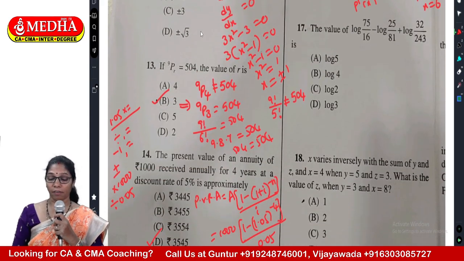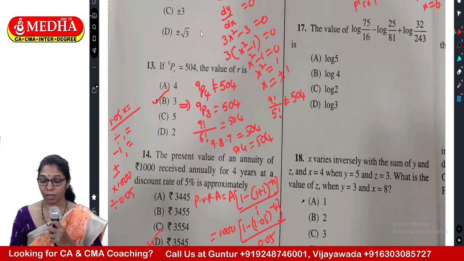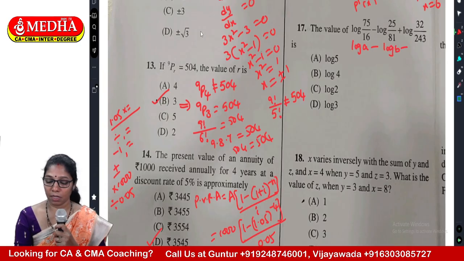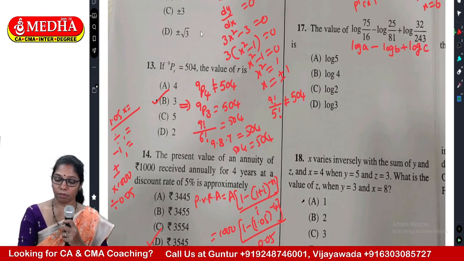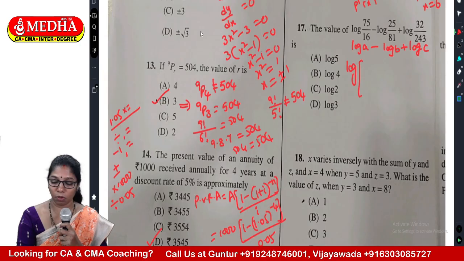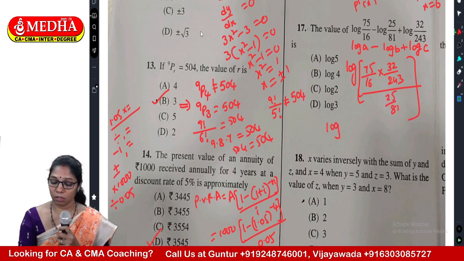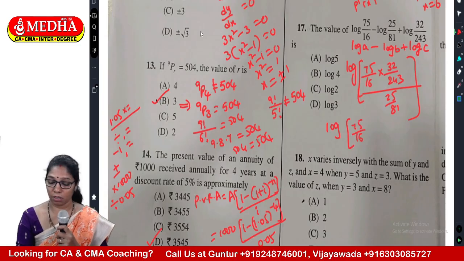Next, the value of log 75 by 16 minus log 25 by 81 plus log 32 by 243. So we can observe this is log a minus log b plus log c. So I am directly converting the sum into a single logarithm. 75 by 16 into 32 by 243 by this is 25 by 81. Finally, it is log of 75 by 16 into 32 by 243 into this one in the numerator